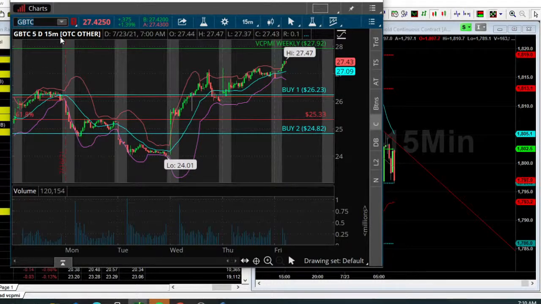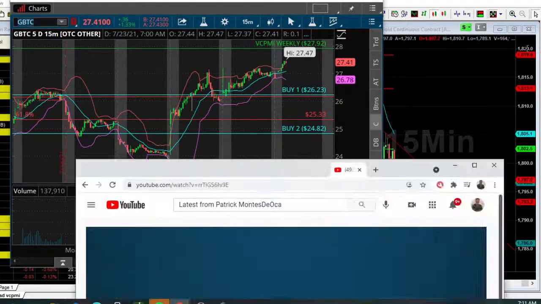The VCPMI, variable changing price momentum indicator, has put out special alerts this week. And one of them has been in a digital asset that we are trading called GBTC. I want to focus for a minute